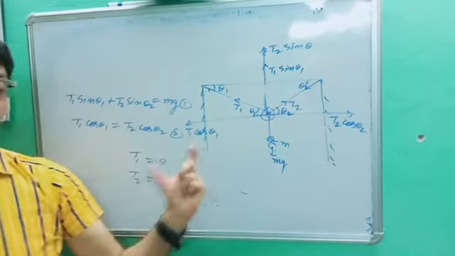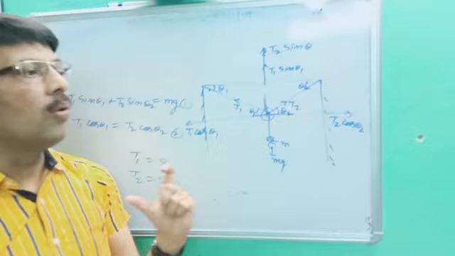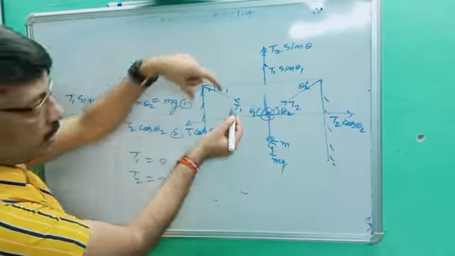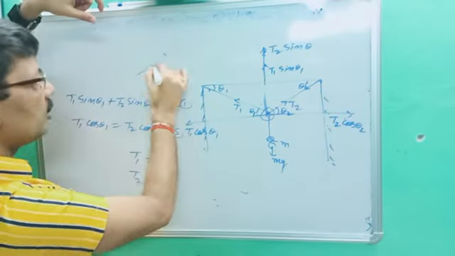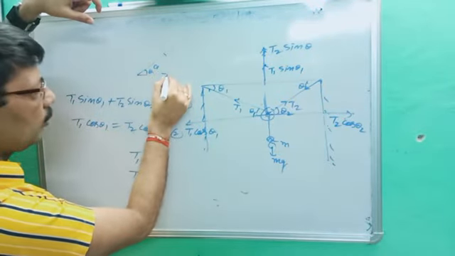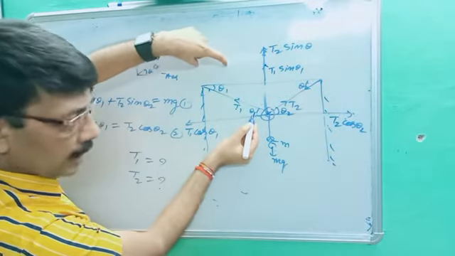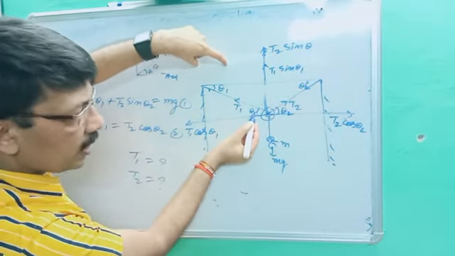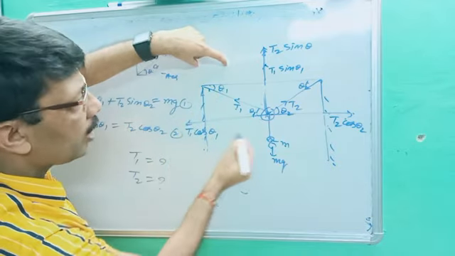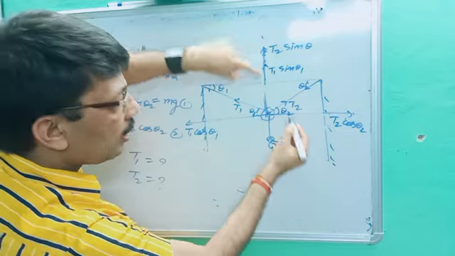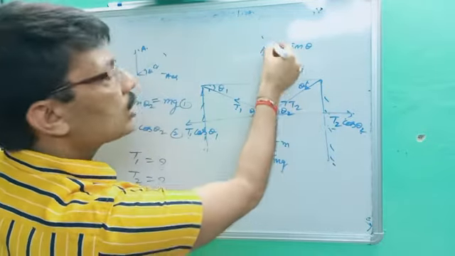This is a very important question. It is normally asked in many competitive exams. You have to do it because T1 and T2 are maintaining theta angles. So first you resolve like this. If this is theta, it becomes a cos theta and a sin theta. Same way we are doing. Theta 1 is given, so it becomes theta 1, alternate angle, so it is cos theta. So it is T1 cos theta 1 and T1 sin theta 1. Similarly, if theta 2 is given, it becomes T2 cos theta 2 and T2 sin theta 2.